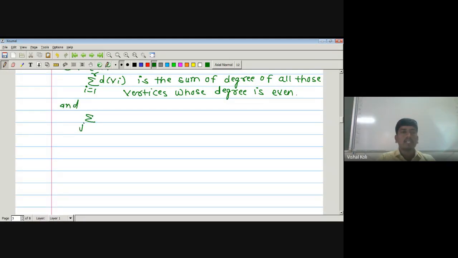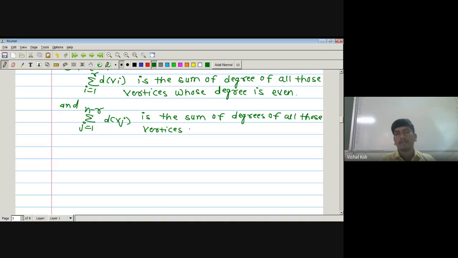summation j running from 1 to n minus r of d of vj, that is degree of vj, is the sum of degrees of all those vertices whose degree is odd. Okay,